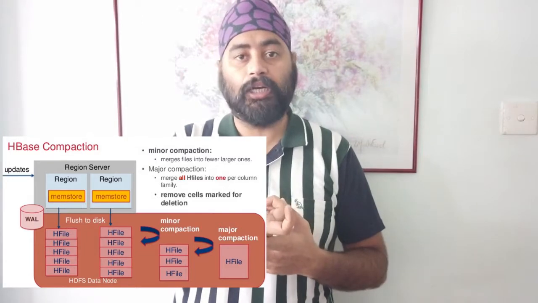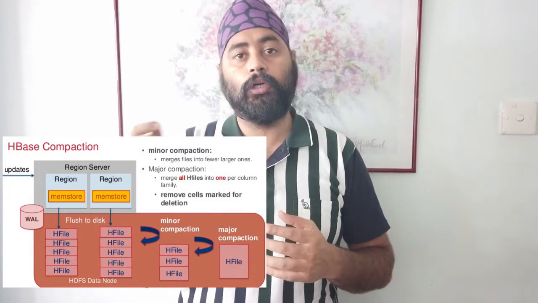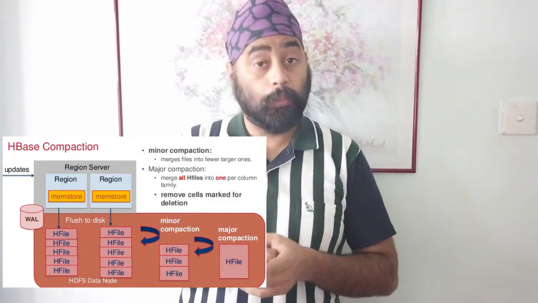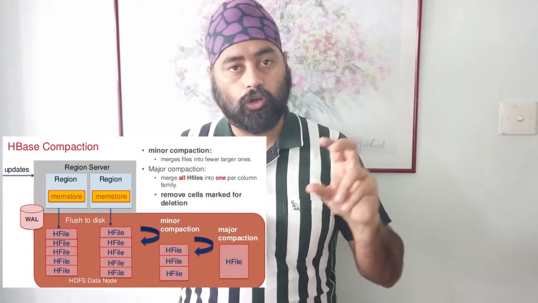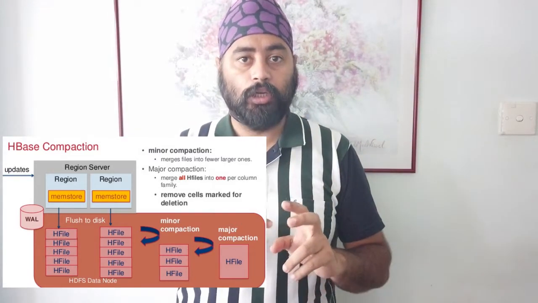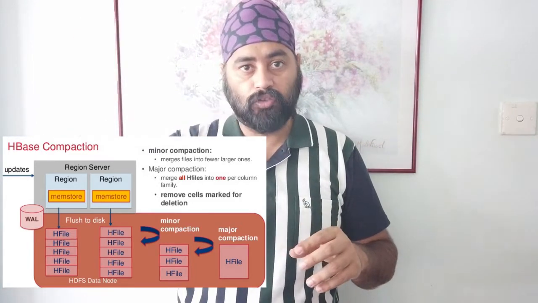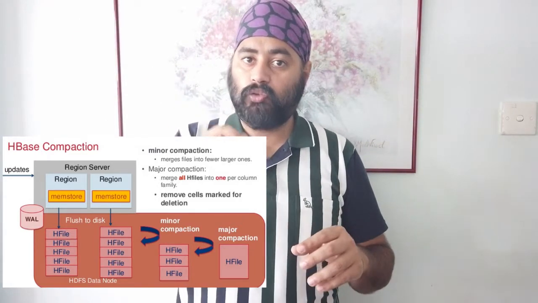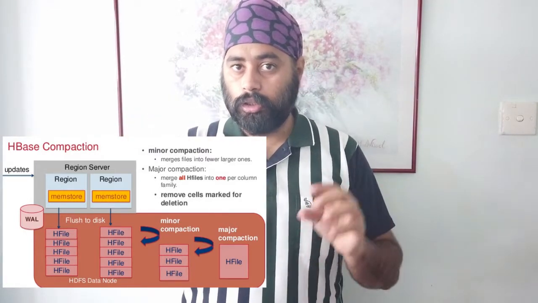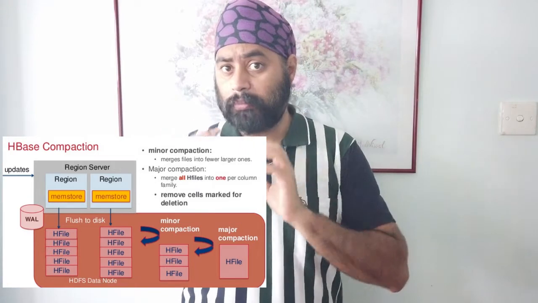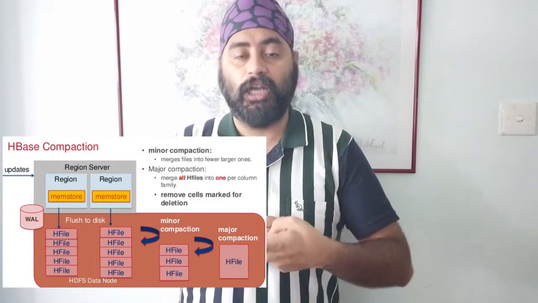I mentioned that a delete creates a delete marker. While doing a major compaction, it removes all those delete-marker related records. Also, when the major compaction runs, consider regions that got split. When you insert records, it creates one region, and this one region gets split into multiple regions. The parent region is still there. Once the major compaction runs, the parent region gets deleted, so only the smaller regions are accessible.